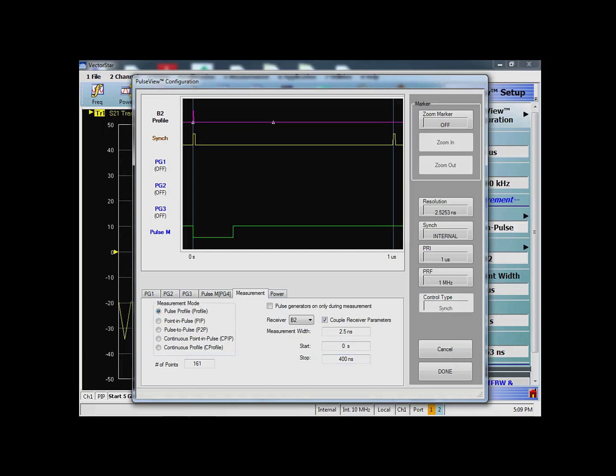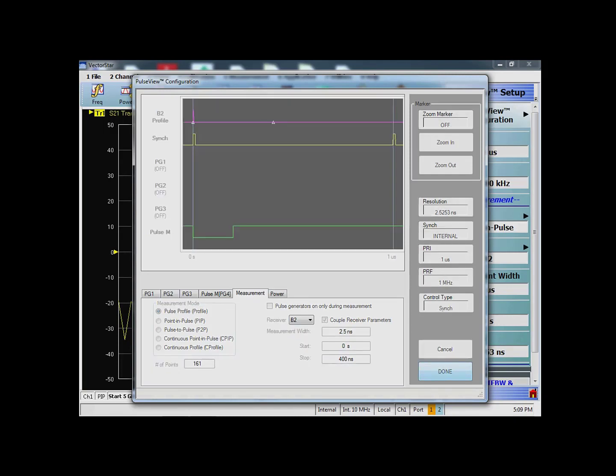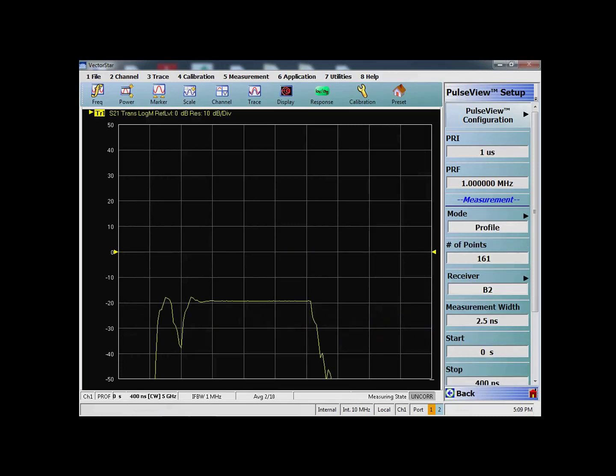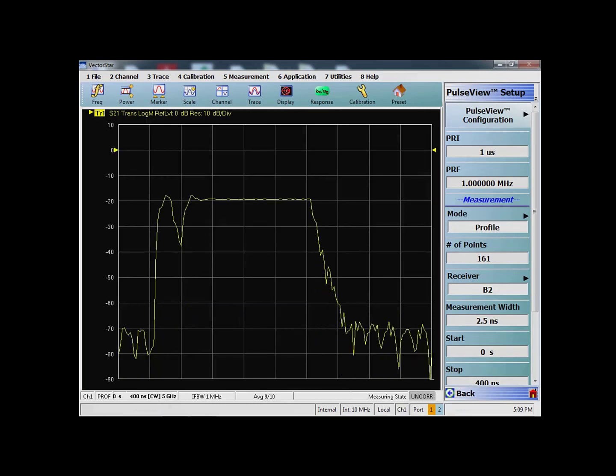Because you can actually visualize what pulse is going to be coming and what measurement width you need to define here. And once I am done with the setup, all I need to do is click here and say done. Now the VNA is going to configure the receiver, and you will see that you'll have the pulse here as is, and this is basically the pulse that is being